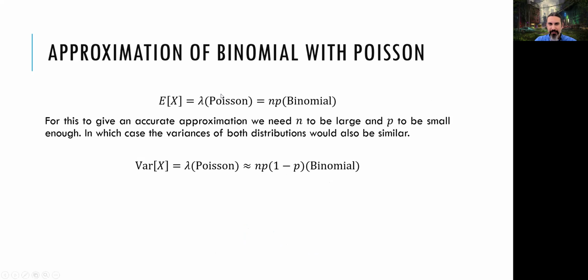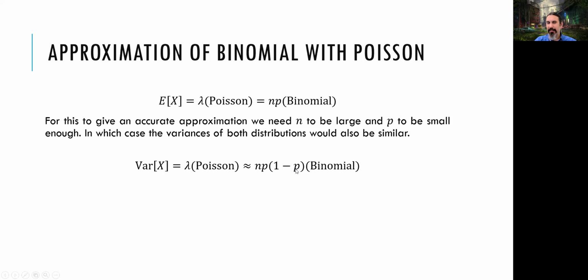But to do this, we have to make sure of a few important parts. We have to calculate the lambda, and the lambda is calculated from np. Why? Because the expected value is lambda, and the expected value is np anyway. But lambda is also calculated from the variance, which is np(1 minus p). Now, this 1 minus p changes lambda. It makes it something different.